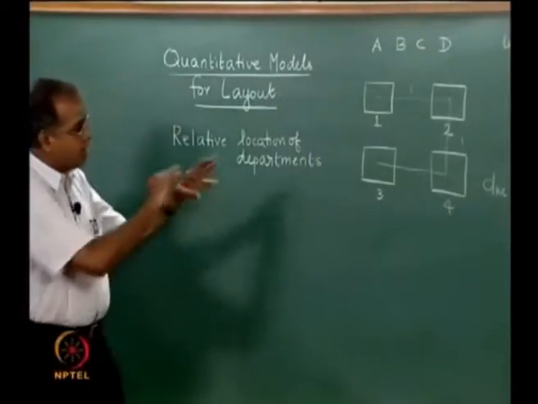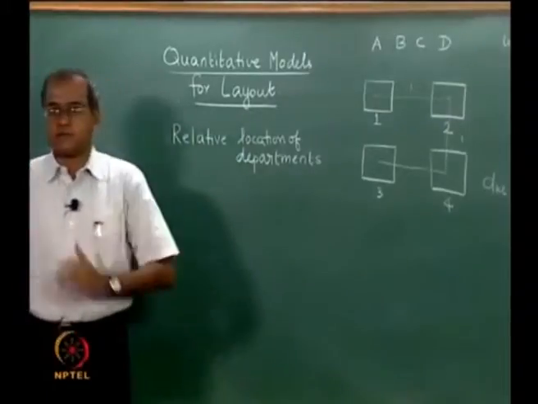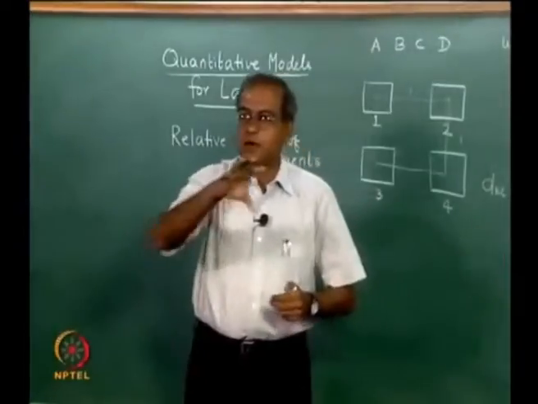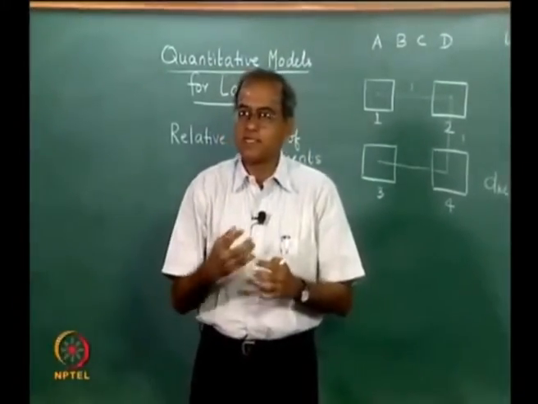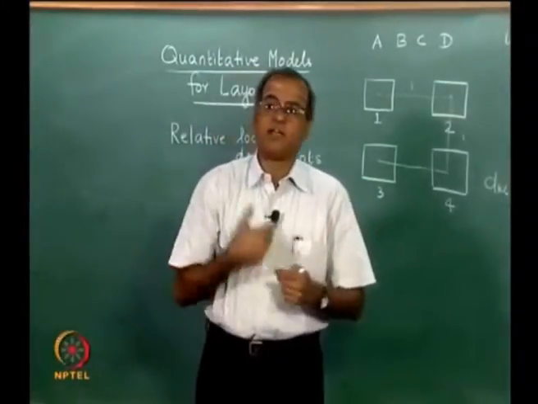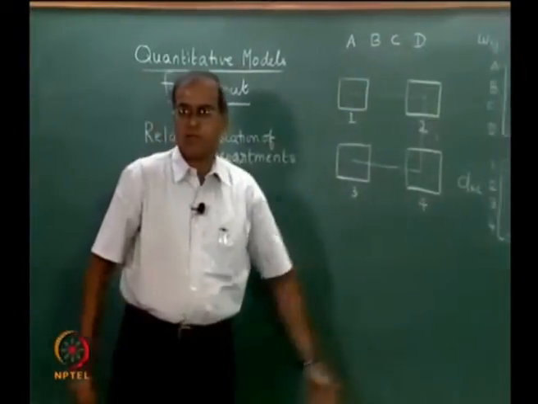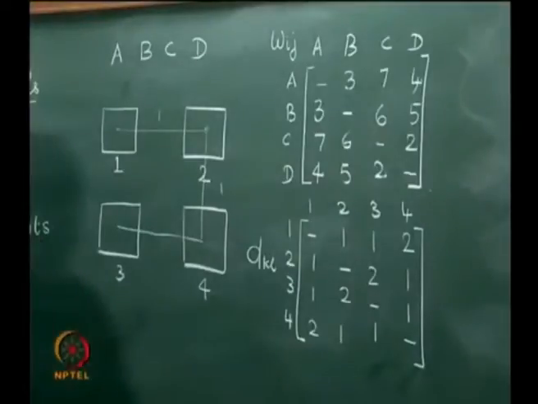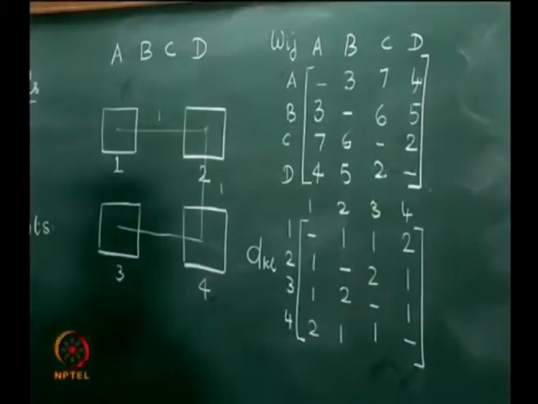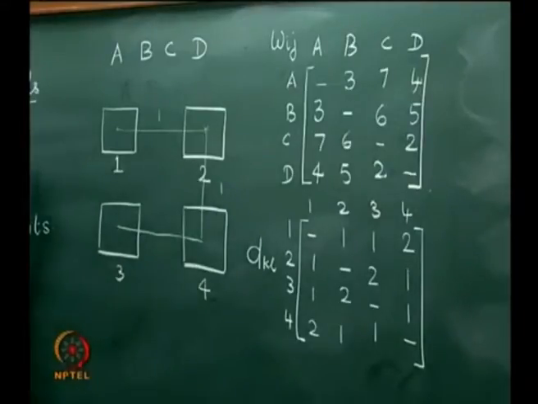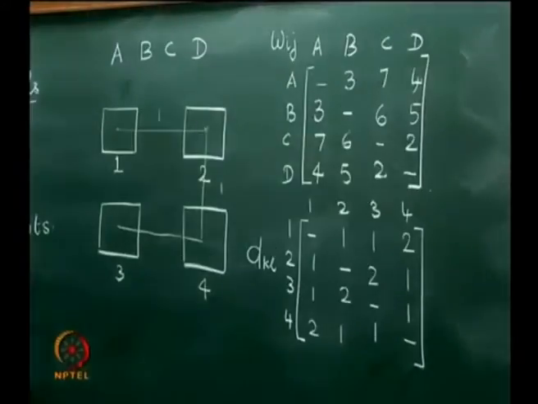Now, if we want to apply this basic idea to practice, where in a manufacturing shop floor we have different departments and they have to be placed relatively close to each other, so that the W into D is minimized. W into D represents the amount of material movement that goes within the shop floor. Now, in such cases, the first thing is that the areas required by the various departments can be different.